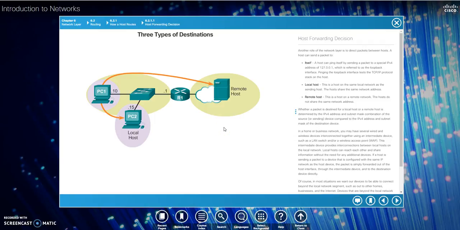Alright, hello again. Here is Chapter 6.2, Chapter 6, Section 2: How a router routes. Okay, that makes sense. So, there's three options. Router to itself, which is